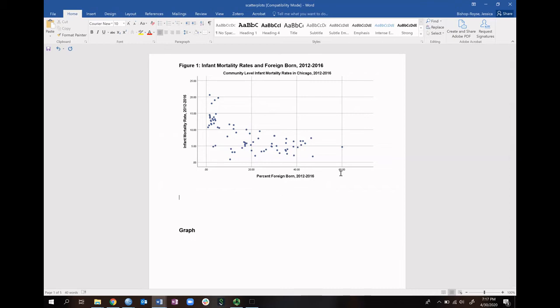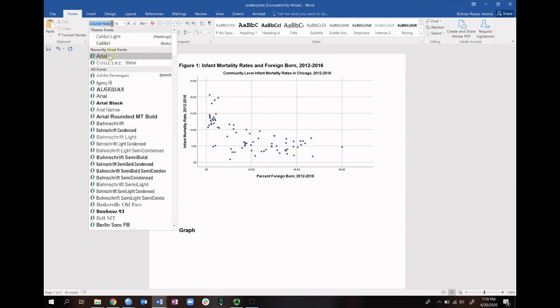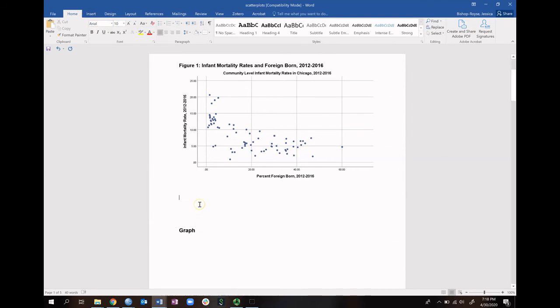And so when we do our description, how we want to do it is we always reference the figure, and then it needs one paragraph. So for me, I'm going to start with figure. Ooh, that Courier New is still showing up, isn't it? So go ahead and change this to Arial. Figure 1 above shows the association between community level